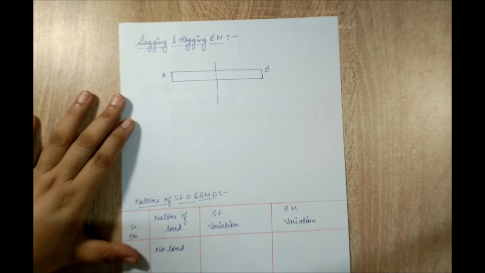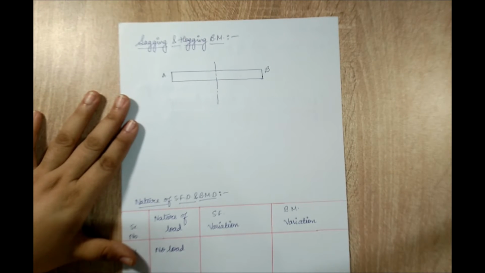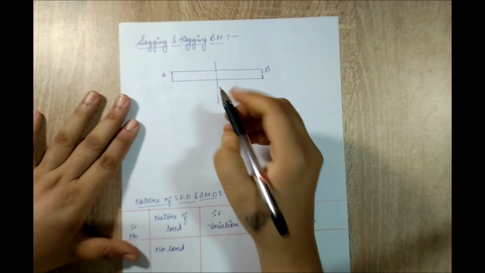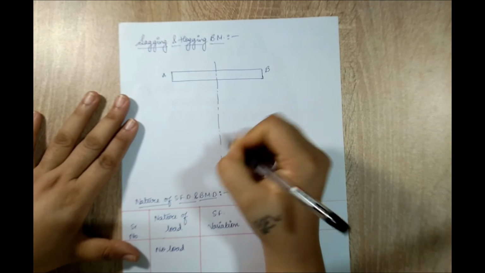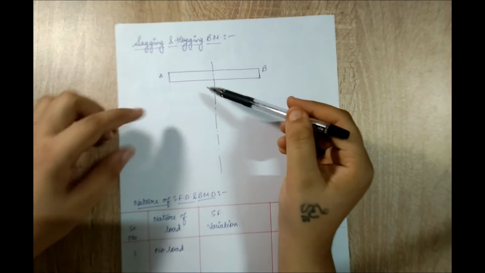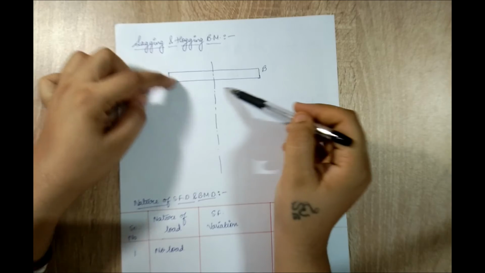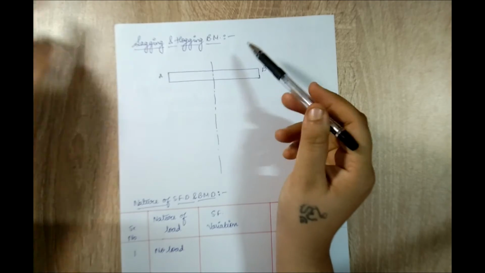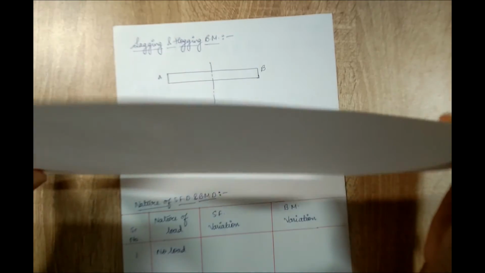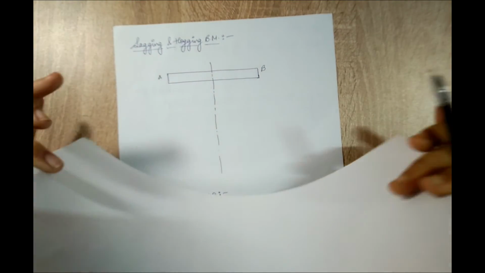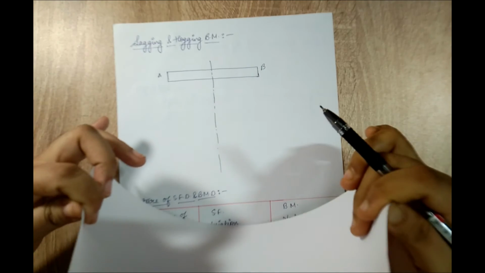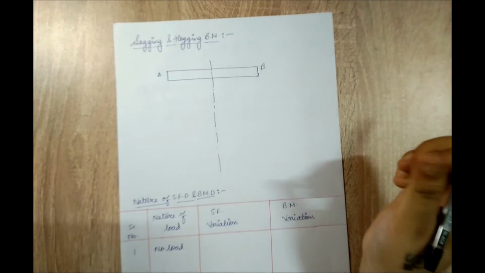Now based on the sign convention that we just saw, I will tell you two terms of bending moment. The first one is called sagging bending moment and the second one is called hogging bending moment. Now this is my beam AB. Suppose I apply the forces like this and the beam bends in this U shape, then it will be called sagging bending moment. It is something like this. This is my paper. It is straight. This is my beam. If I apply the moment in this format, this will be my sagging. In case I turn it in this direction, I will call it hogging. So these are the two types of bending moment here.